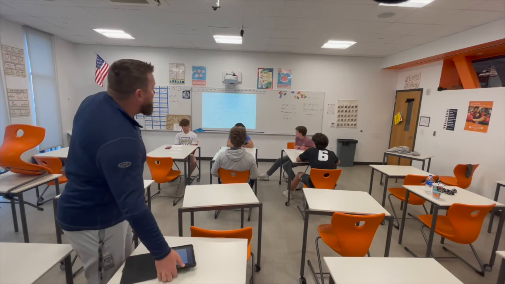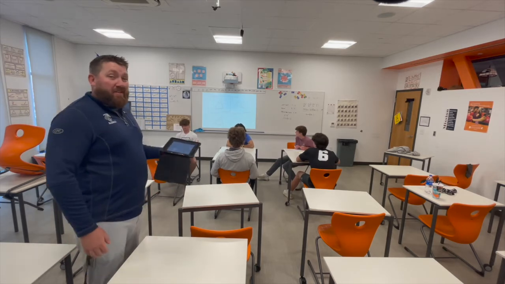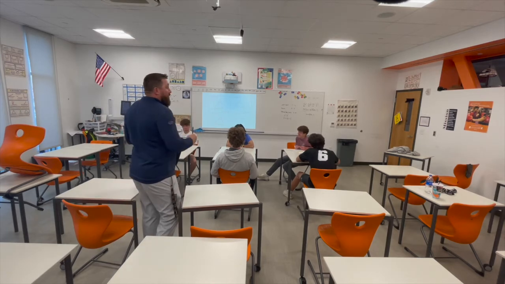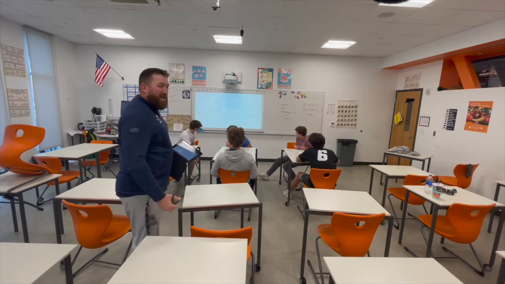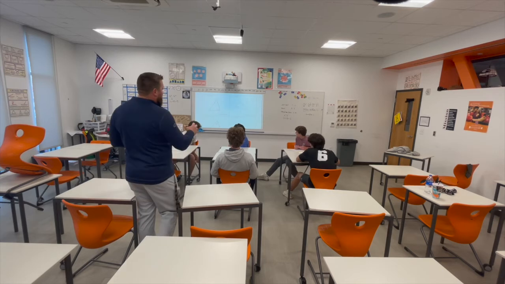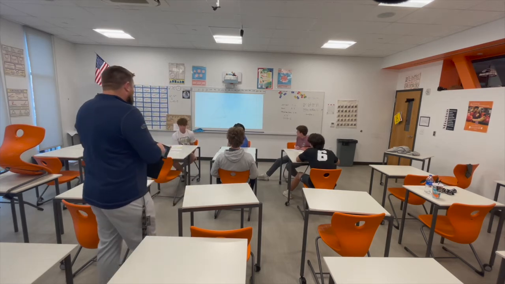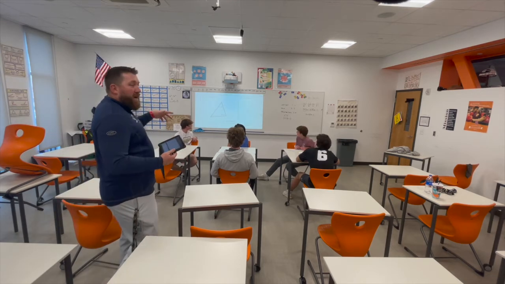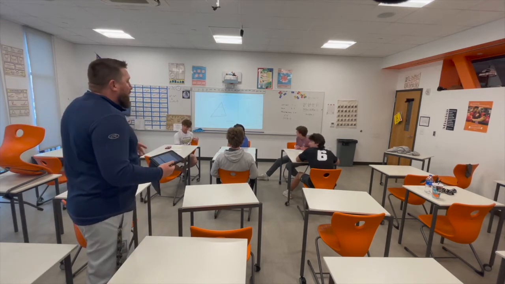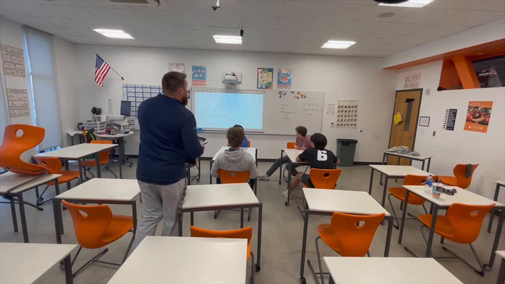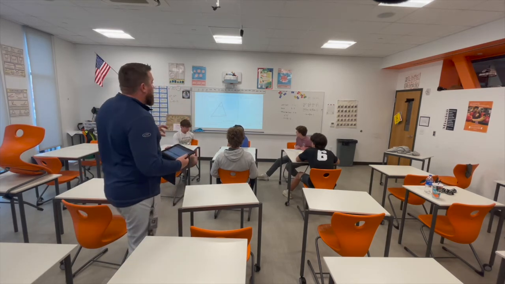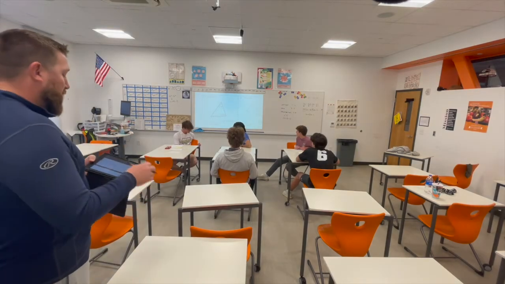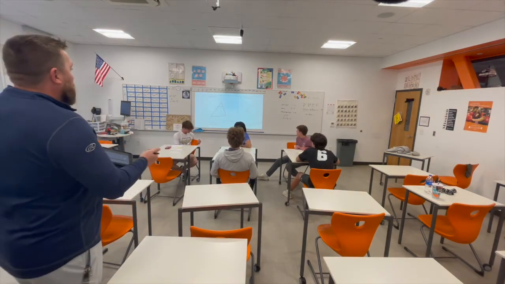I'm AirPlaying my iPad using the GoodNotes app to the smart board, and we're just going to go through the two problems they did as a group together. So we look at A. This is a triangle. We don't necessarily know if it's equilateral or anything because they don't tell us, but thanks to the triangle sum theorem, we do know that no matter what, the inside of this triangle is always going to add up to 180 degrees. So like the boys did,